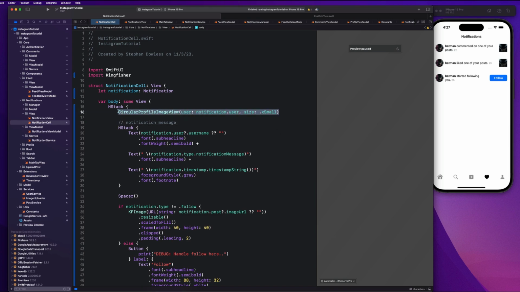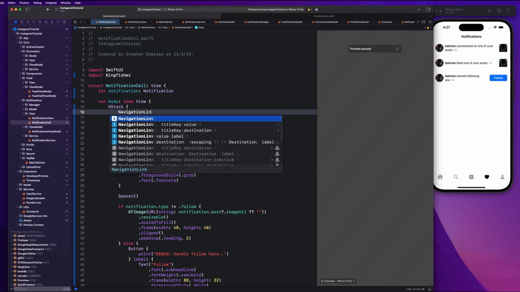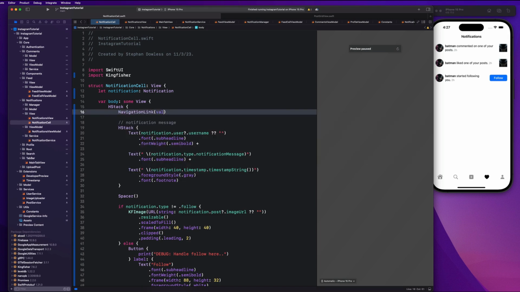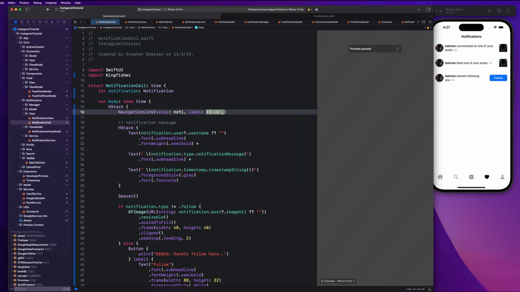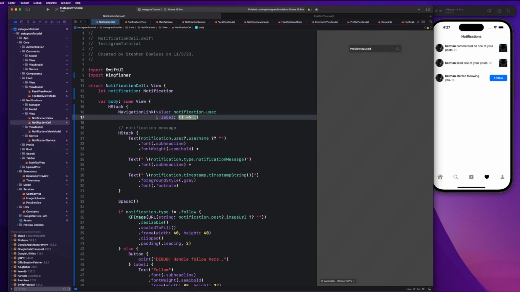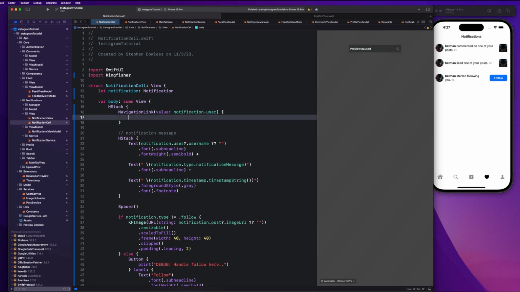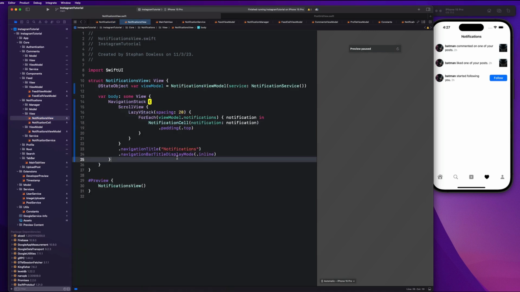So basically what I'm going to do is go here and Command X. I'm going to create a navigation link for this. And I'm going to give it a value and a label, and it's going to be my notification.user. And my label will just be that guy. So now I have a navigation link here, right? And I can go back to my notifications view, and I can implement a navigation destination for a user object